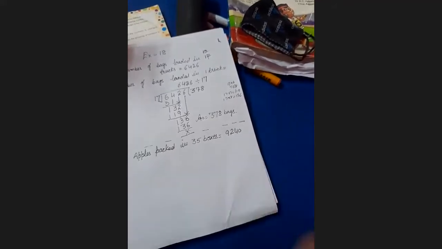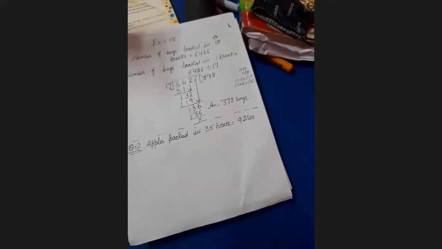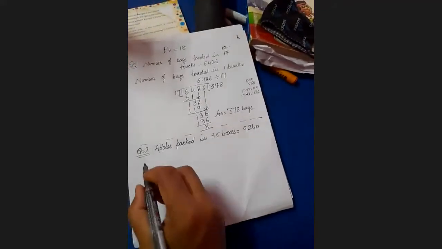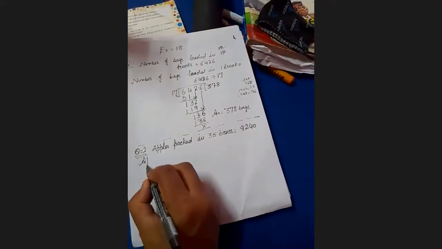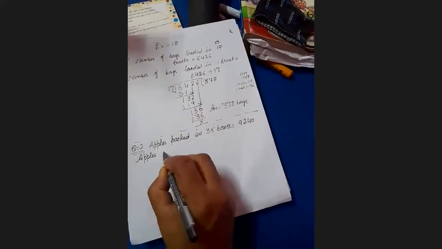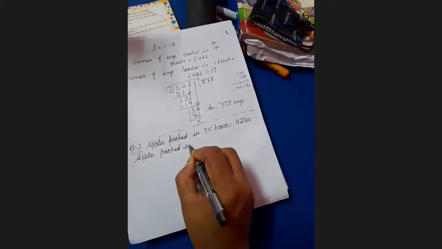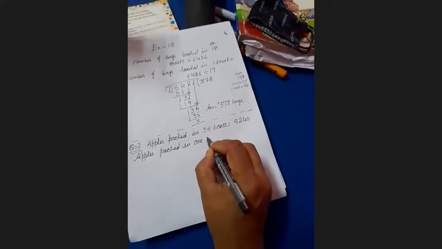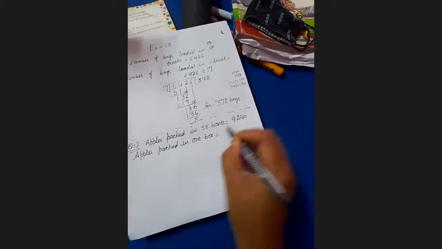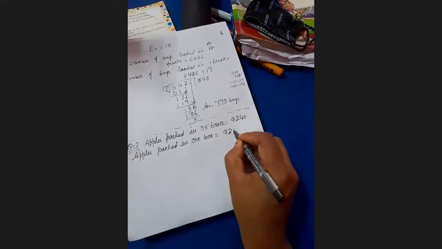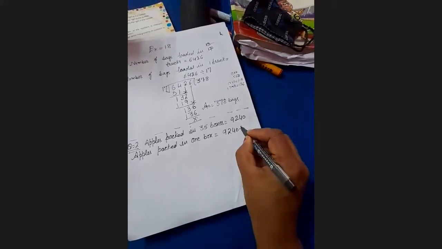$9,240. Now apples packed in one box, in one box, 9,240 divided by